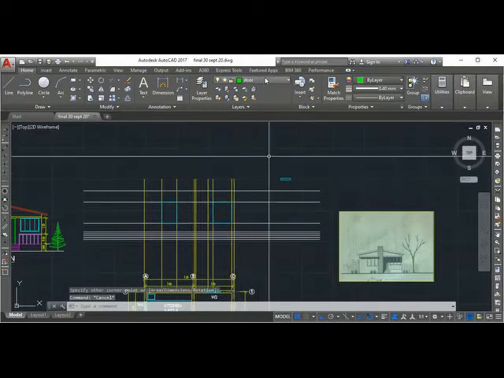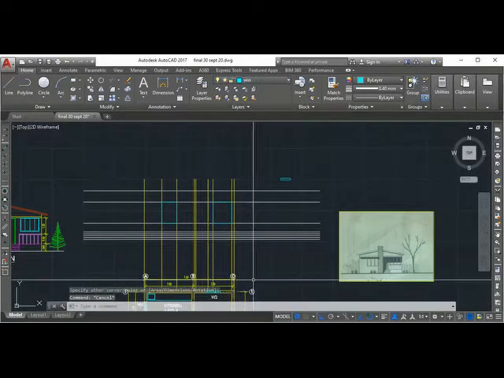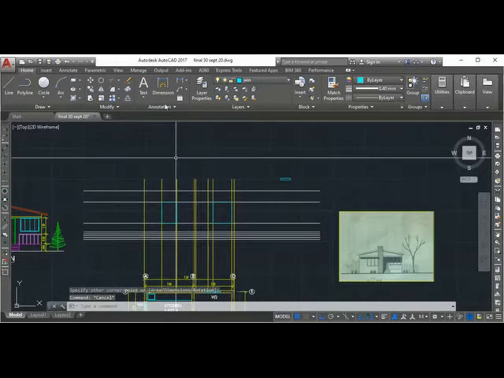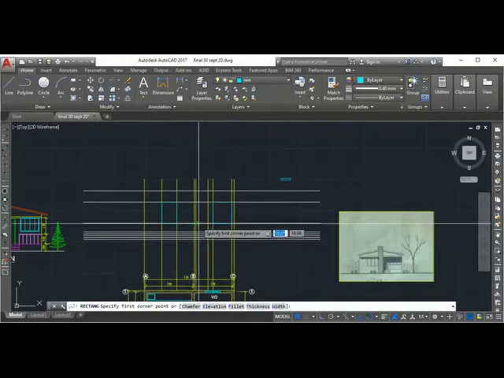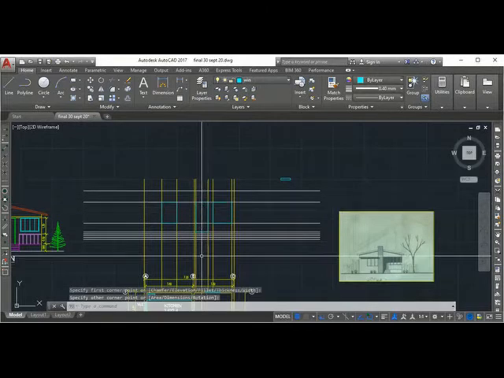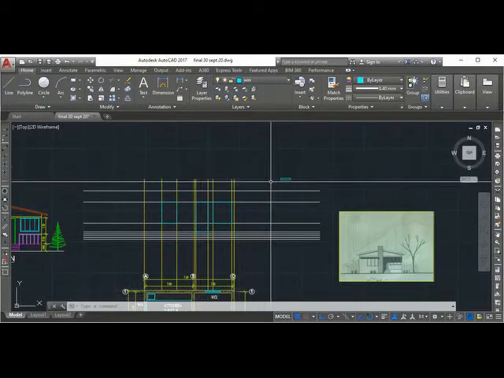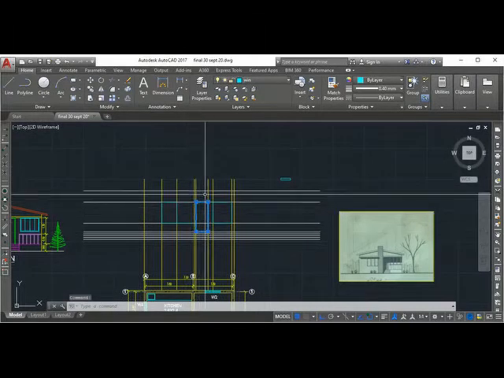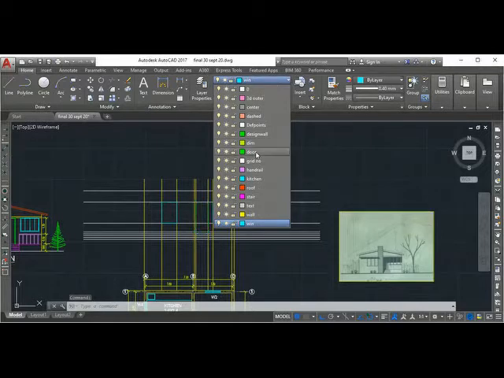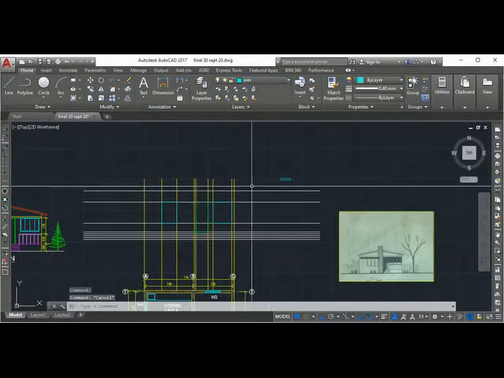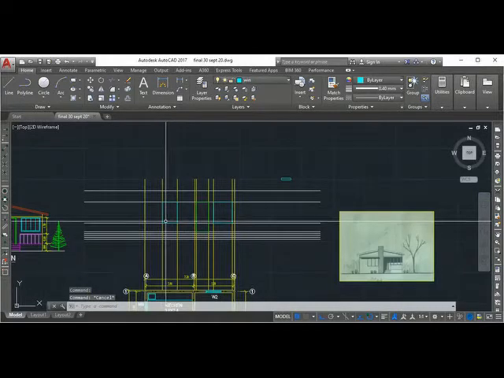Suppose when I was in window, I made the door. So this is my door position. I will use a P-line command, or you can use a rectangle also, no problem. We'll use a rectangle. So from sill level. So by mistake, I have done the door in the window layer. So how can I change it to door layer? Just select it, change the layer. So you are in door layer. By mistake if you are done, nothing to worry. So this is the window, this is the door, and this is the window.